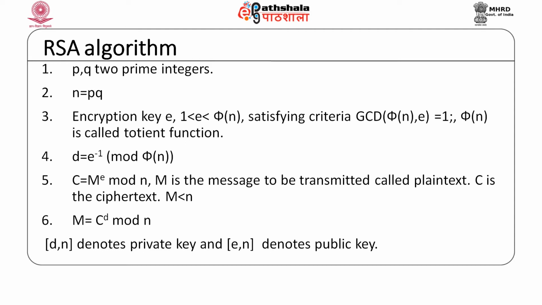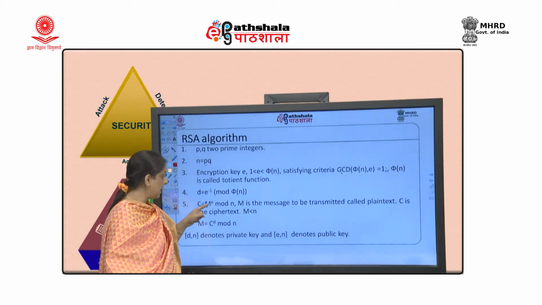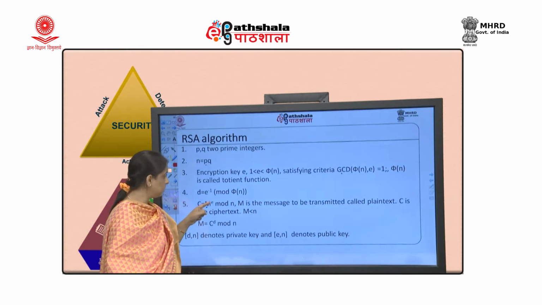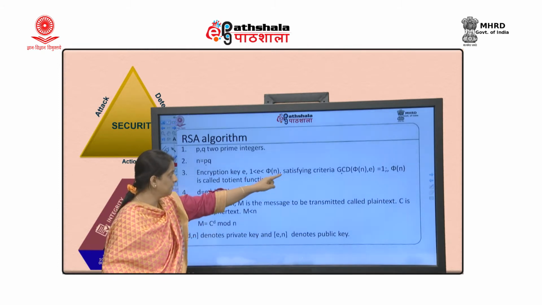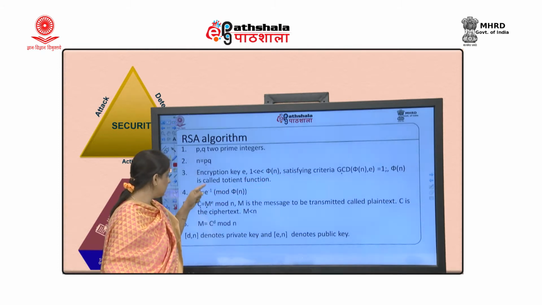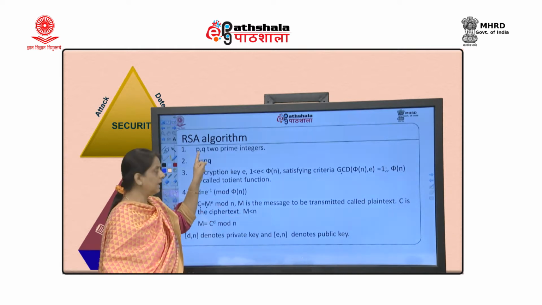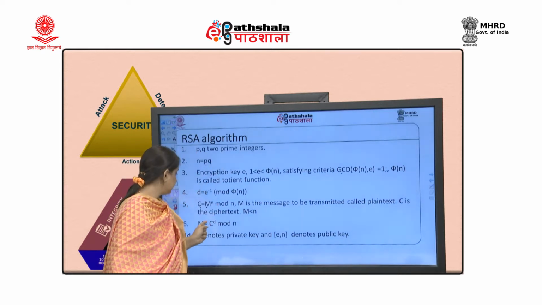I emphasized in the previous module as well that the totient function should be used while calculating the encryption key and decryption key. When you calculate the ciphertext, it is nothing but m raised to e mod n. All terms are clear to you. M is the message which you are trying to send, E is the exponent key which we took here in the third step. Then we have seen mod n is nothing but multiplication of P and Q. Those are the two prime numbers we have considered.